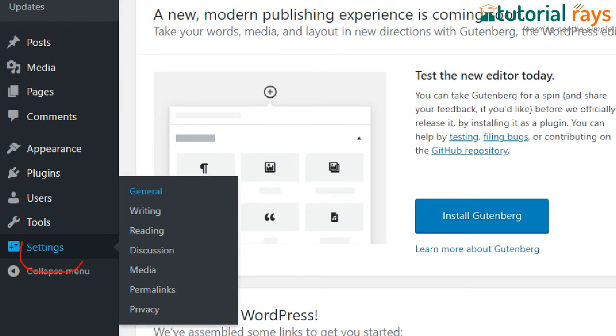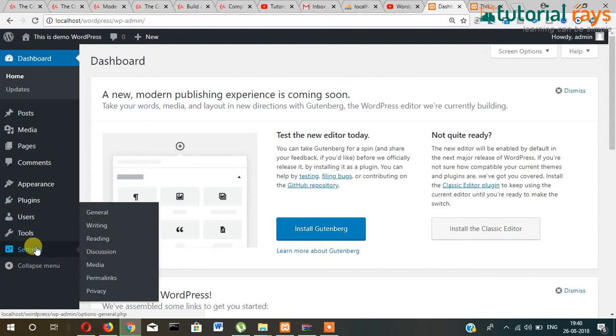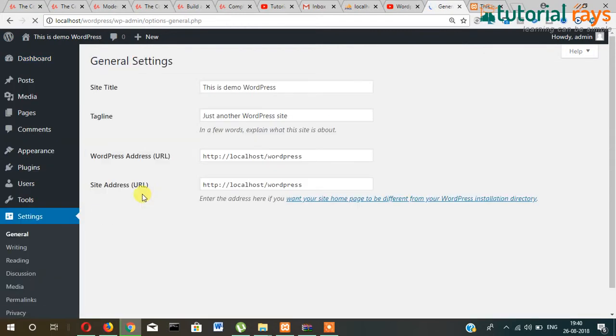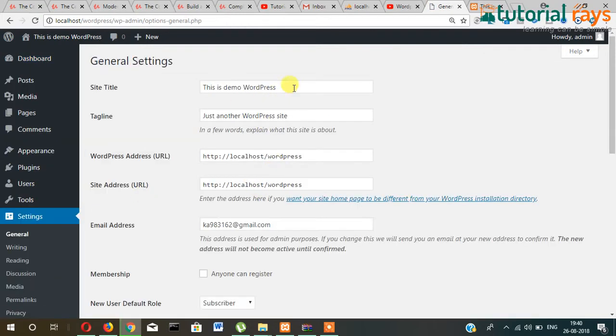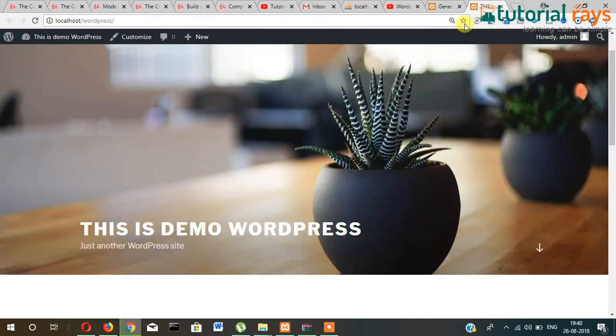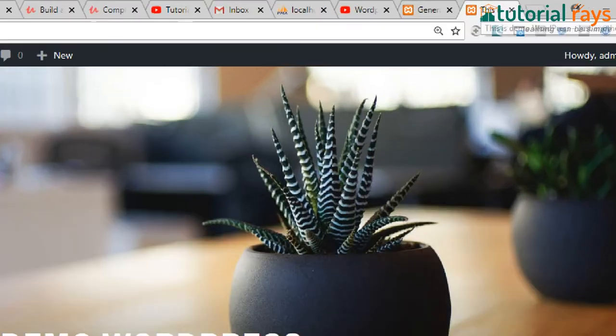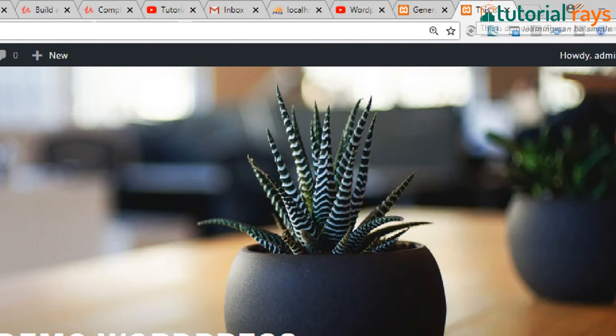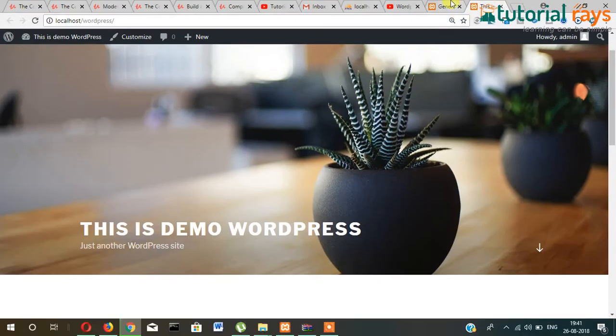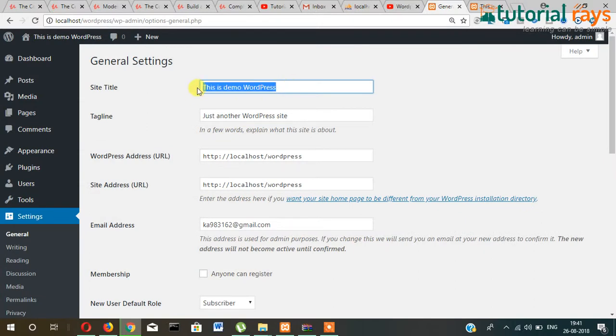We are going to work on settings and then general. Click on this, and here this is the title of the website. As you can see, if you press the mouse here, you can see this is the title, and this title comes from here. So if I'm changing